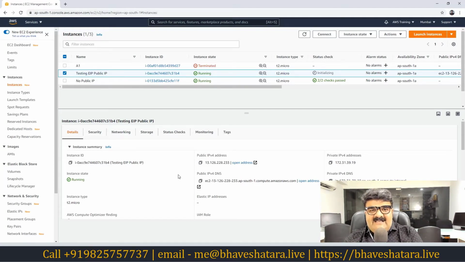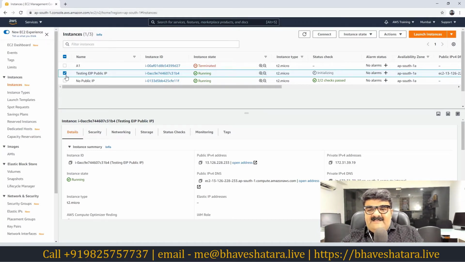When you configure elastic IP, it will stay forever. Why? Because you are getting the elastic IP for your account. Yeah, it is not free, you have to pay some nominal charges for that, but when you use this, it will never change. It is a public IP, same as the public IP we get from the ISP in an on-premises network. It will stay with us forever. Yeah, we need to pay them rent. Same when you are using your Amazon account, and you want your IP address permanently, you can use this elastic IP. Now I'm going to explain the elastic IP.